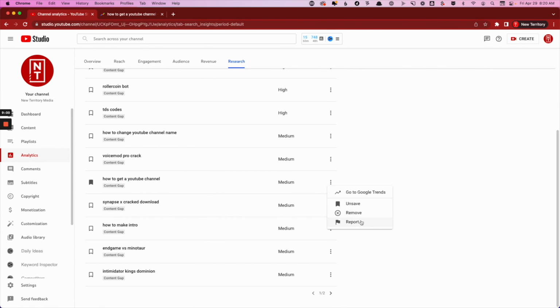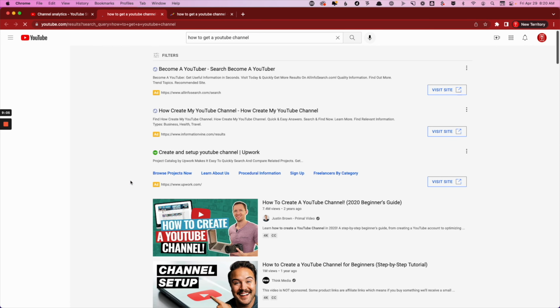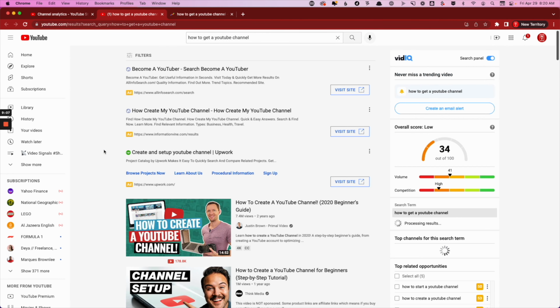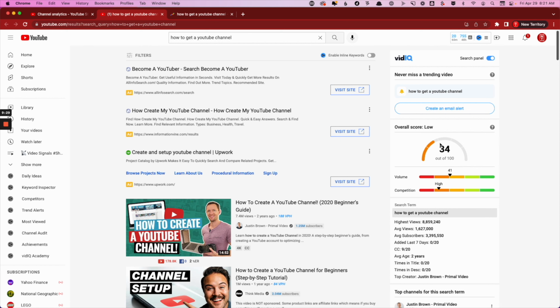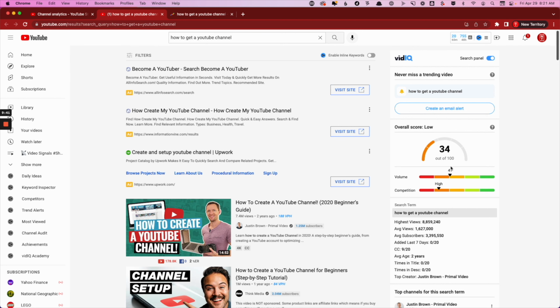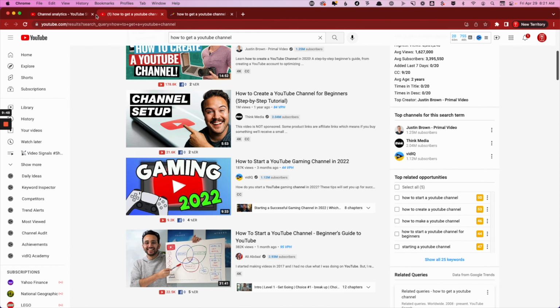And unsave, remove, and report. I guess if it's an offensive word, that shouldn't be there. Oh, and if you click on it, it'll just search it for you and take you right there. And then here I have vidIQ installed, and you can see the data that it gives you. At least they give you a little bit more of a gauge and a number. I mean, you always have to take these numbers with a grain of salt, but a higher number would be their indicator of, yeah, you should go make it because there's a lot of search volume and not a lot of competition. So this one is saying there's a medium amount of search volume and a high amount of competition, which is interesting